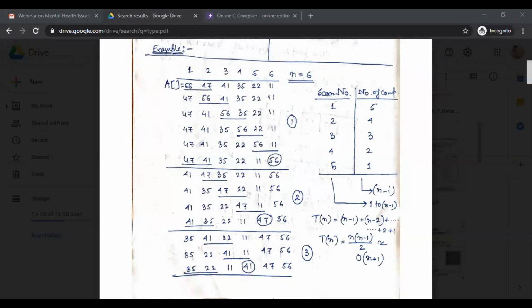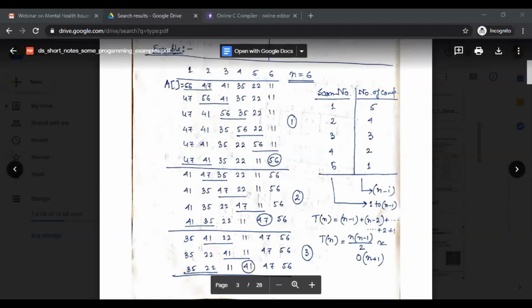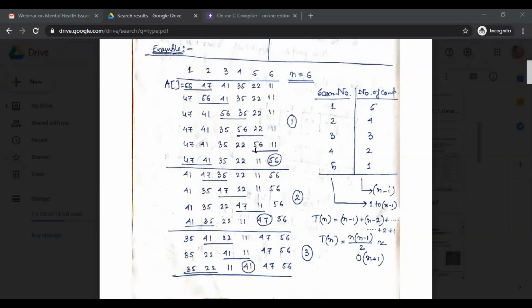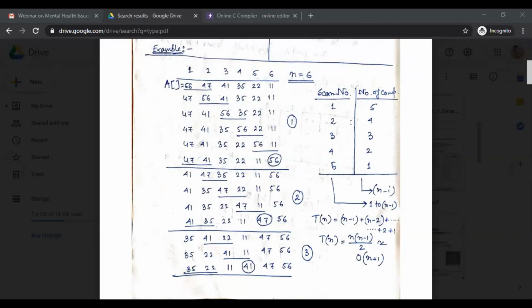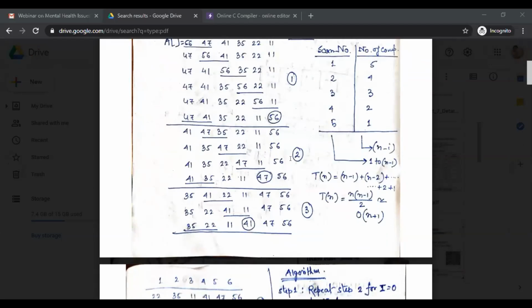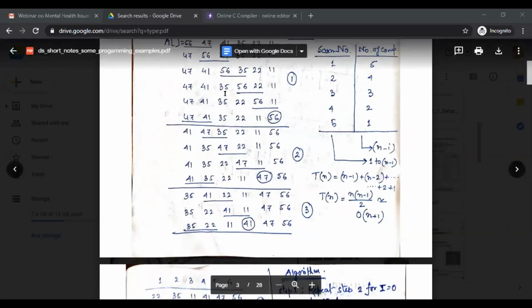So in pass number 1 or scan number 1, the number of comparisons required is 5. See, 1, 2, 3, 4, and 5. So after the fifth iteration, 56 is already placed. Now move on to the second pass.